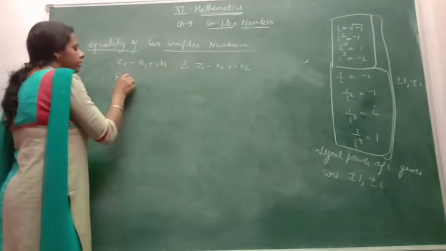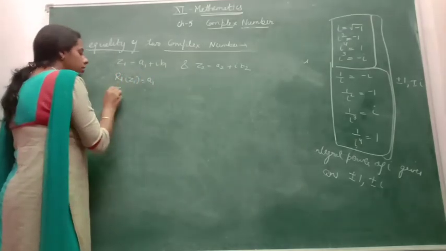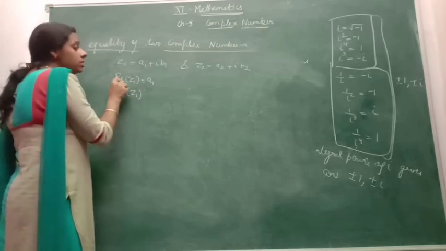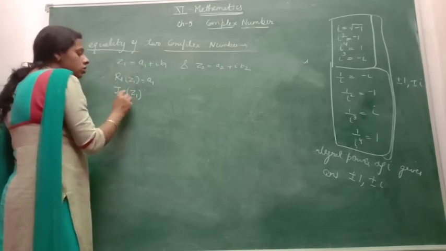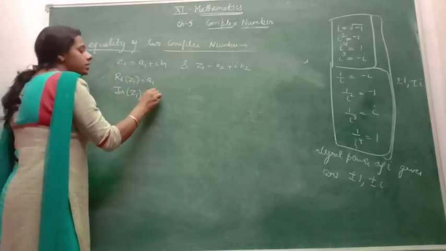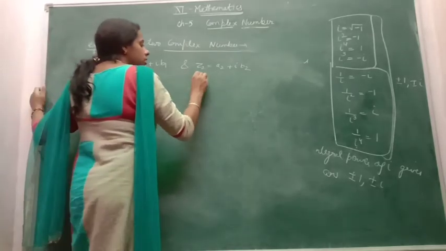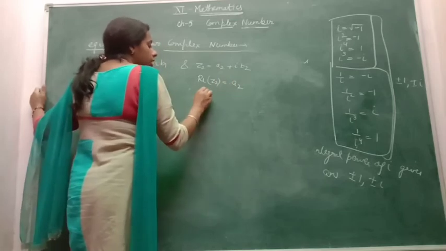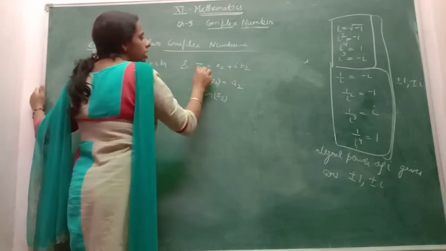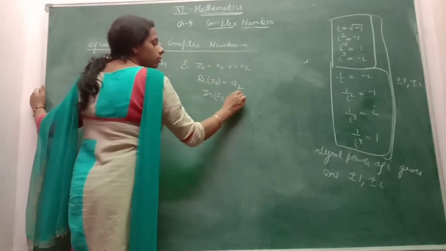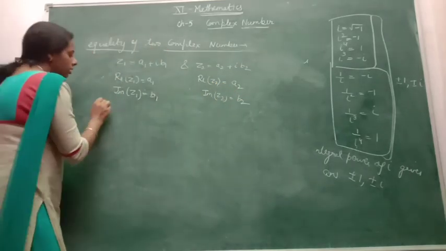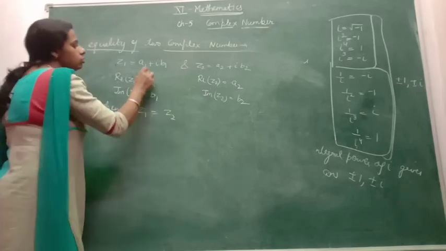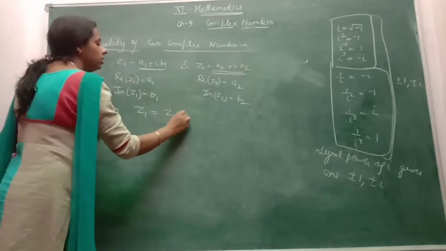Real part of Z1 is A1 and imaginary part of Z1, IM means imaginary, RE means real. Z1 का इमेजिनरी पार्ट है वो B1 होगा जो I के साथ लगा हुआ है. ओके, इसी तरह से रियल पार्ट ऑफ Z2, Z2 के अंदर रियल पार्ट क्या है? दैट इज A2 एंड द इमेजिनरी पार्ट ऑफ Z2, Z2 का इमेजिनरी पार्ट जिसमें I लगा हुआ है दैट इज B2. ओके, व्हेन स्टेटमेंट इज दिस कि आपको दिया हुआ है Z1 और Z2, दीज टू कॉम्प्लेक्स नंबर आर इक्वल, दैट इज द गिवन स्टेटमेंट टू यू.